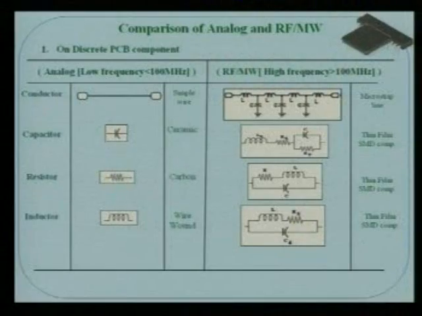Now come to the next slide. We should know a little bit about what will happen if the frequency is very high or the component size is very large compared to the wavelength. Then a simple conductor would not be a pure conductor. It will basically be an LC ladder network, called a transmission line, because the wire is not a simple resistance. It has an inductor as well as a capacitor, and it will have a ladder, a series of LC networks that constitutes your wire. Think of the complexity of the problem,